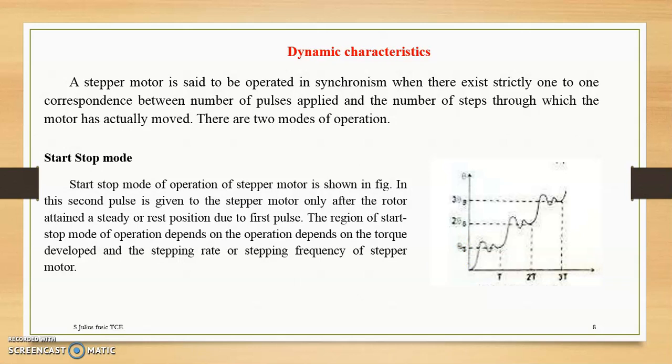A and A dash are connected with a switch S1, B and B dash are connected with a switch S2. Like that, if you are going to energize A and A dash, you have to trigger the switch S1. Whenever you are giving a pulse to S1, assume this is A and A dash energization, your waveform will increase with respect to the angle over the time duration, and it reaches the equilibrium position or saturation region or the resting point, and once it reaches the resting point, only then is the next pulse given to your system.